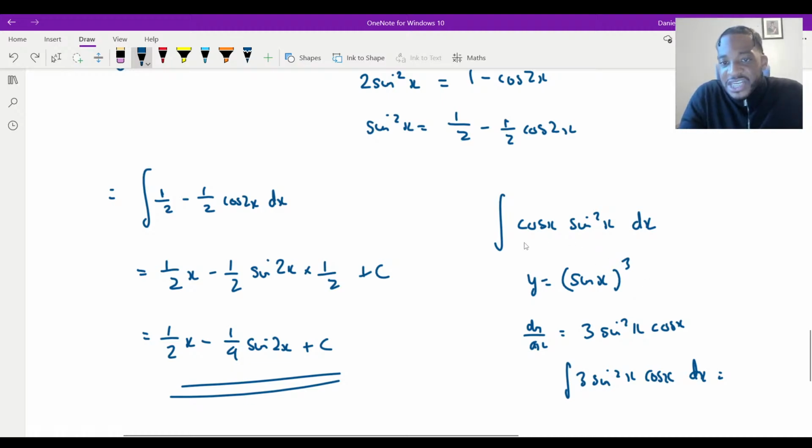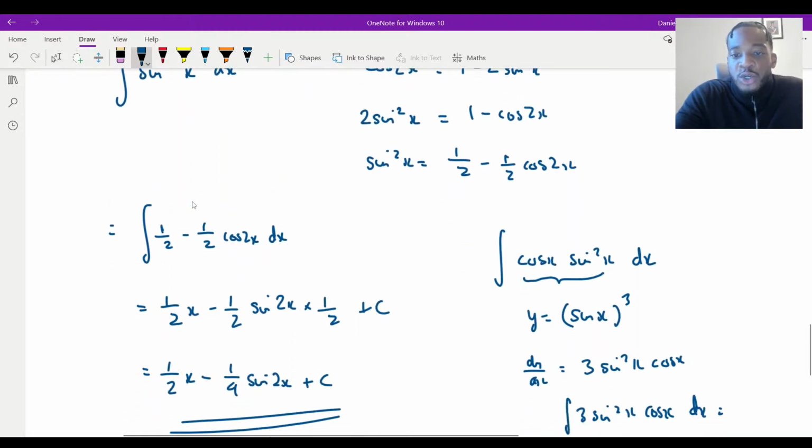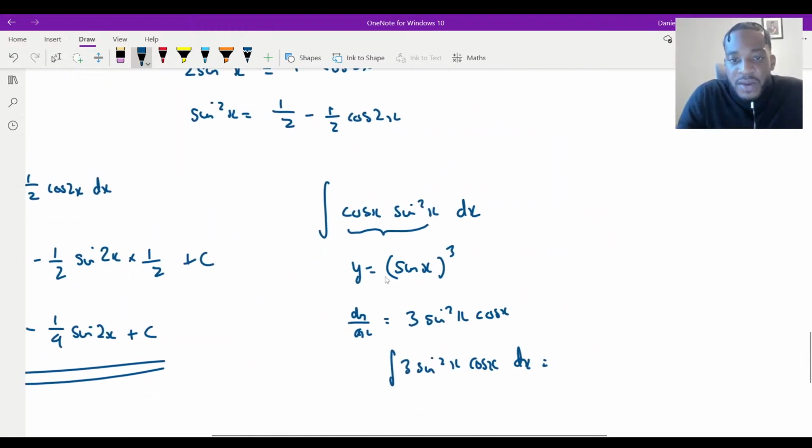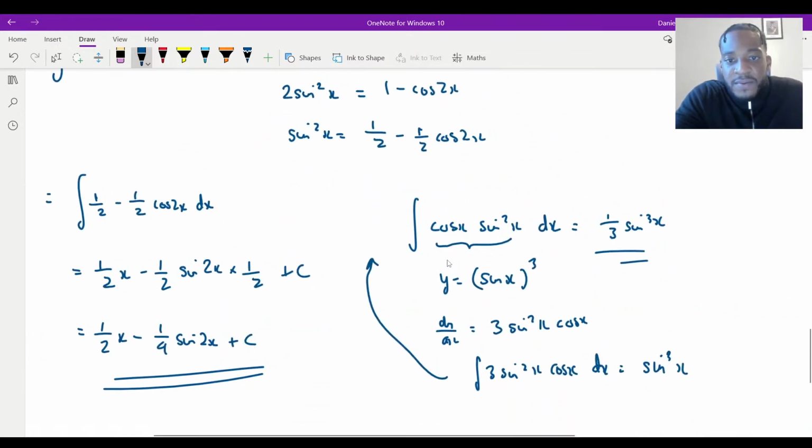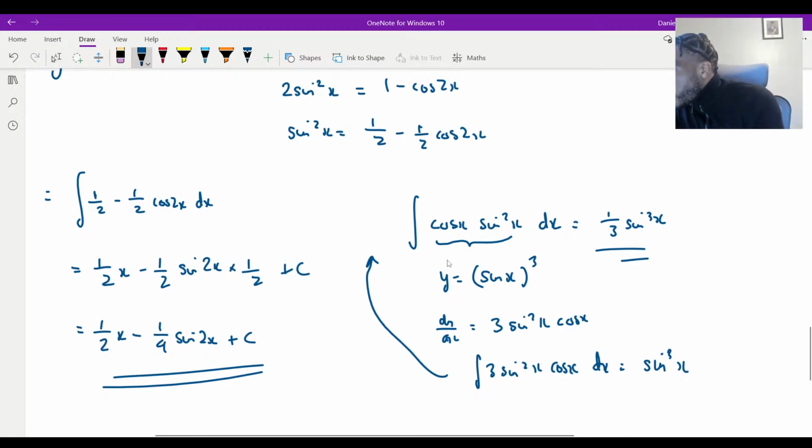So you need to have it in this expression there. You've got something which is the derivative times by a power, right? If you've just got sine squared here, it's not going to work, yeah? So this one here is going to be sine cubed, right? So that one, I have to divide by 3 to get there. That's going to be a third sine cubed. Yeah? Let me just see the chat.